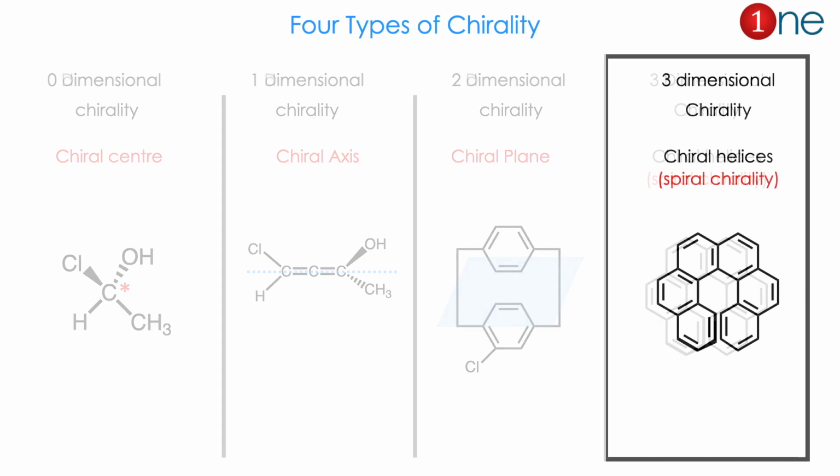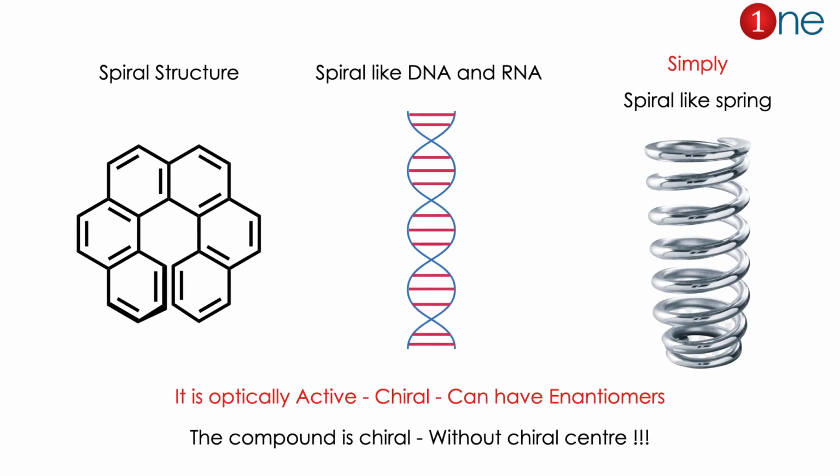The 3-dimensional chirality is what interests us now. Normally it is called spiral chirality. It comes with chiral helices. These kinds of compounds are very peculiar. You can see from the structures the continuous arrangement of benzene, a continuously ortho-fused system. 6 benzenes are fused. You can call it 6 helicene, 6 benzene rings. It is a spiral compound.